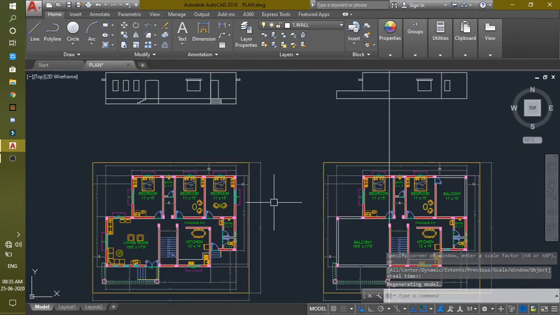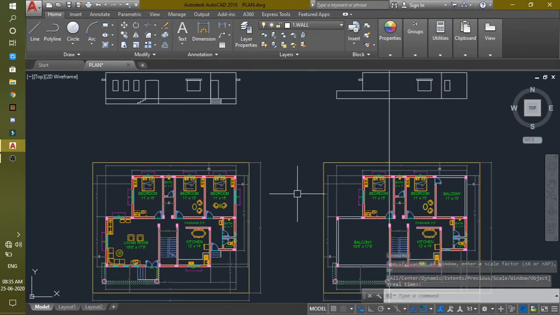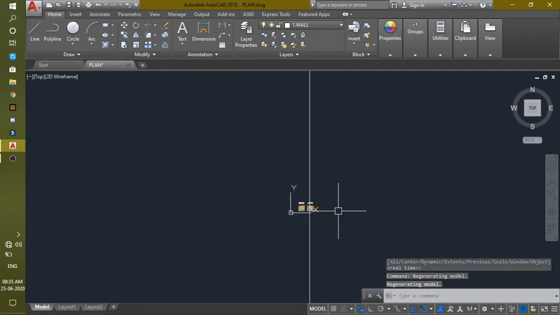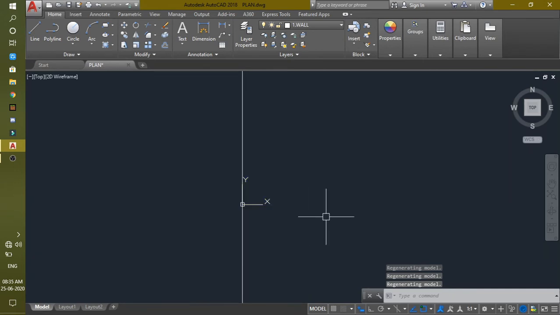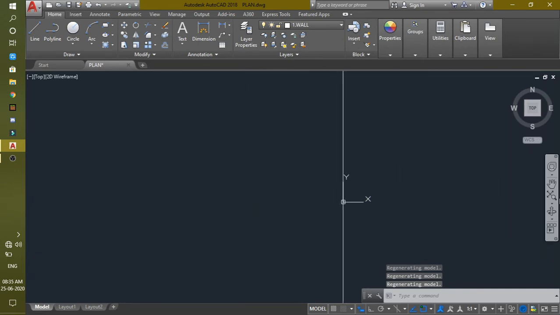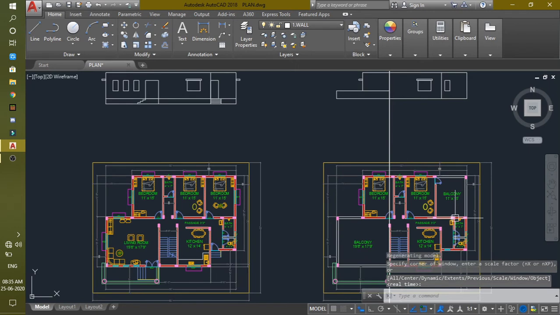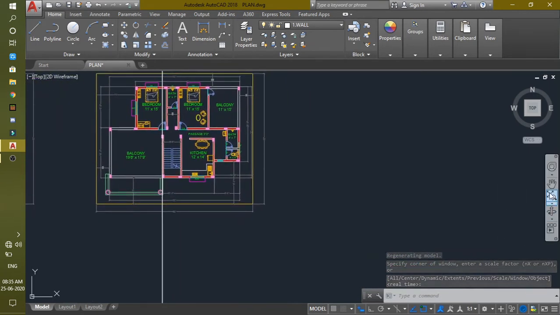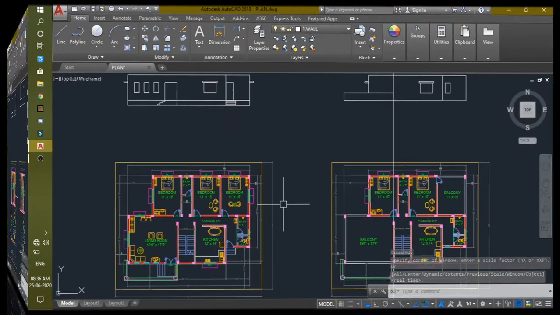You see more drawings here because this is the actual drawing. I was just showing you a part of it. Now you can also use this tool when you have zoomed out a lot and don't even know where your object is anymore. Also, this is a way to fit your drawing into your screen if you want to do that. This is all you need to know about zooming.